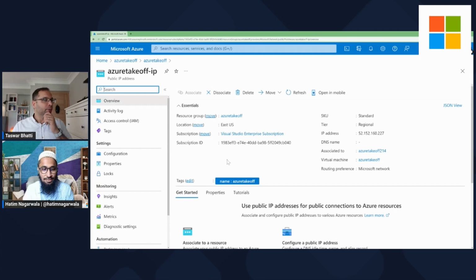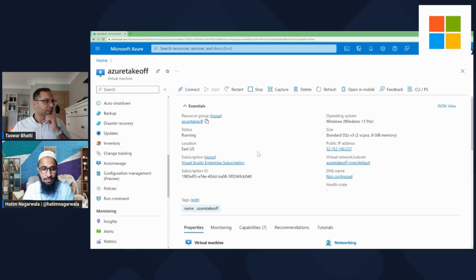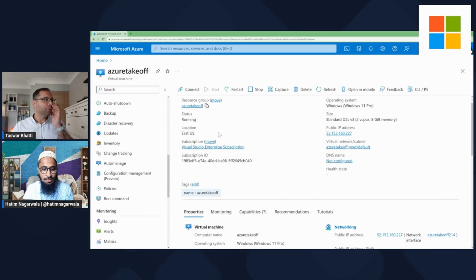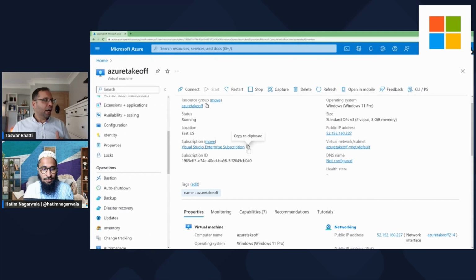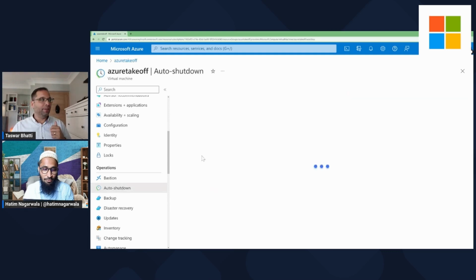But I also wanted to mention one other thing. If you go back to the resources, this is a virtual machine, so I wanted to jump back to the virtual machine anyway. Here, you might be wondering, I created a virtual machine, but I might not be using it after a certain period of time. Let's say every night I want it to be shut down. How do I do this? Actually, there's a really nice thing over here in operations called auto shutdown. If you click on auto shutdown,